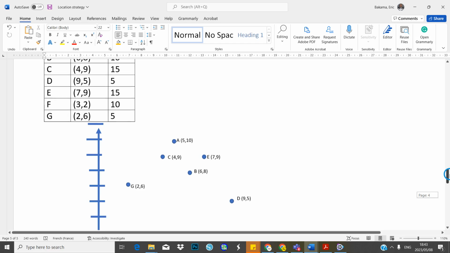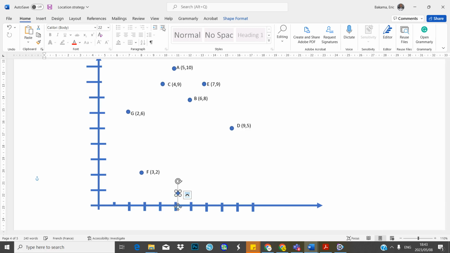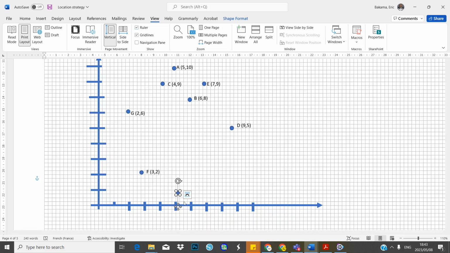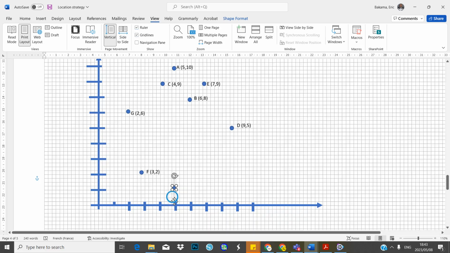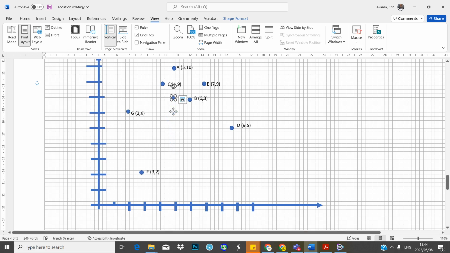Now let me go back to my map here. So I'm gonna look for a point here. We said 5 and 7. So I'll have 1, 2, 3, 4, 5. Then I'm going a little bit up. Let me actually activate my grid line. Yes. So here I have a 1, I have a 2, 3, 4, 5, 6, 7. So between bracket, this is where the distribution center is going to be.